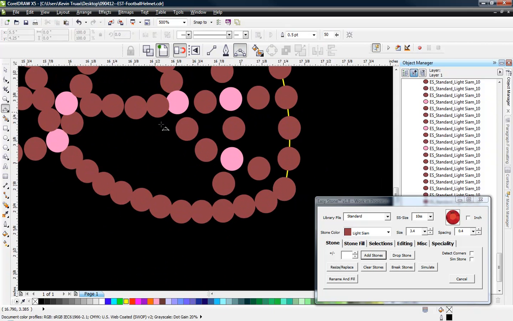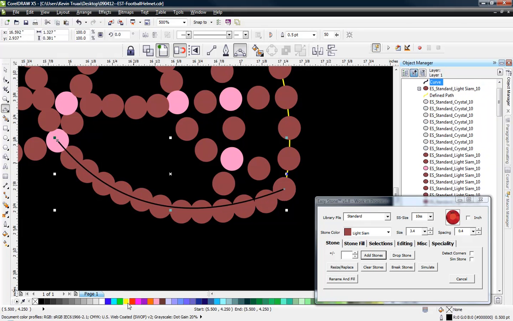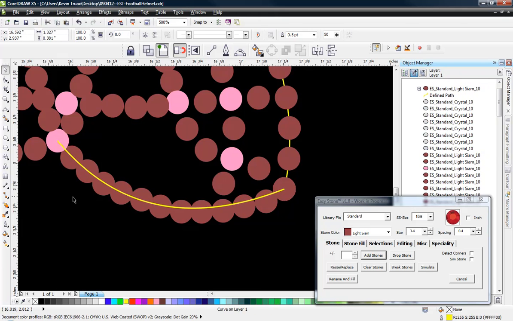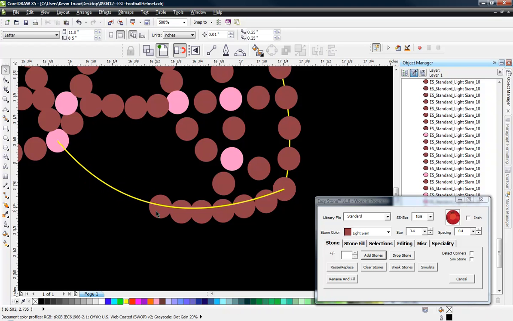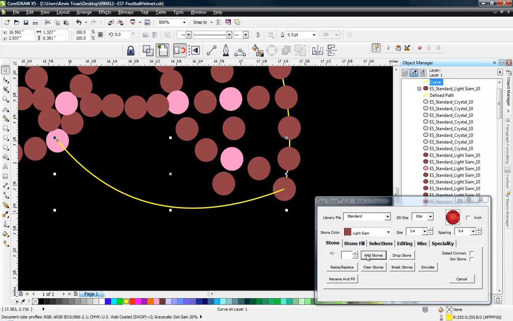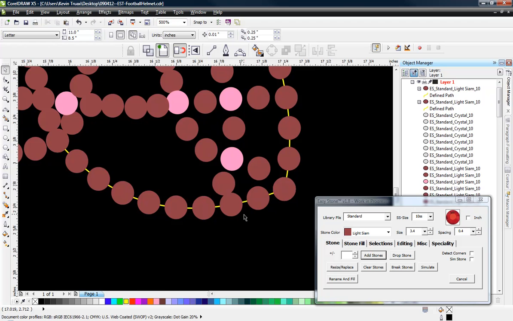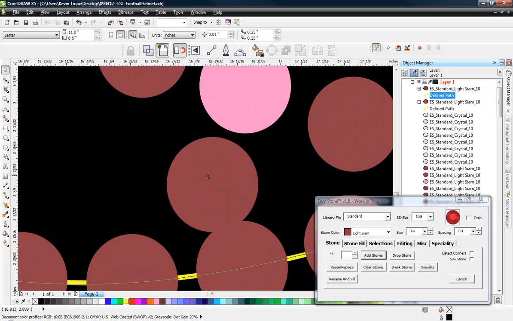Now here's another situation where we have a nice fluid curve. So what I would do is come in here and recreate that path. I'll give it a color, and then you can come in here and delete all those stones. I'm just clicking on them and hitting the delete key on my keyboard, and then just add new stones for that section. And then once those stones have been added,